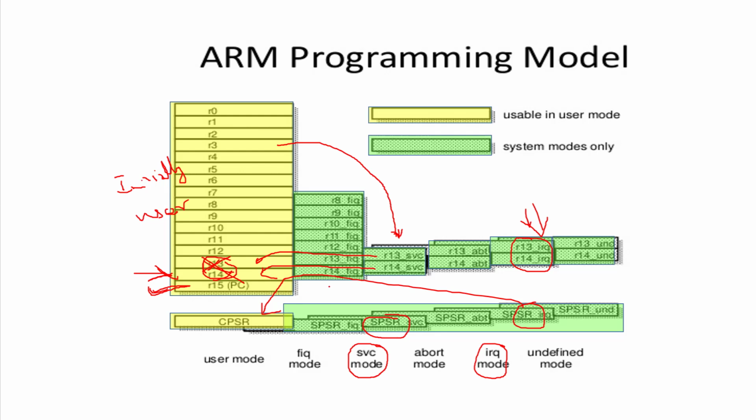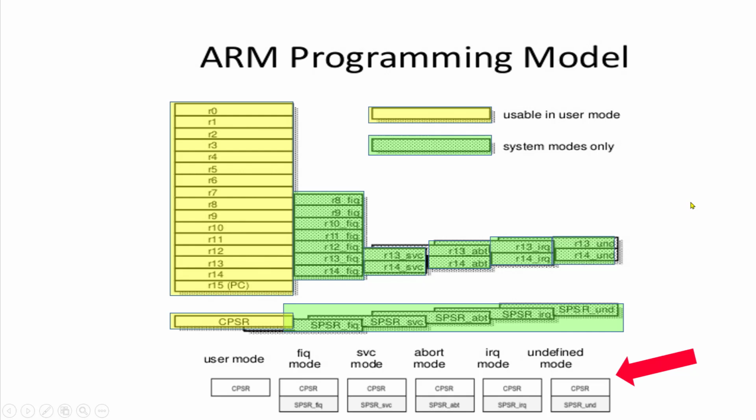See, when the processor is in FIQ mode, there are total of 7 registers here, and then one register here. Total of 8 registers will be replaced here. Okay, the processor will use only these registers instead of these registers. When the processor wants to work with this IRQ mode, this R13 and R14 it won't use. Instead, this R13_IRQ, R14_IRQ will be used along with this SPSR_IRQ.